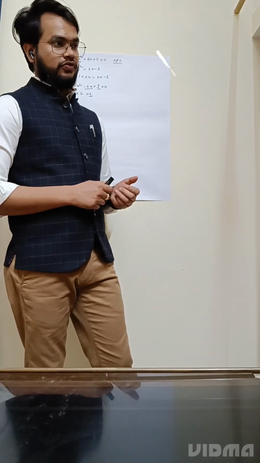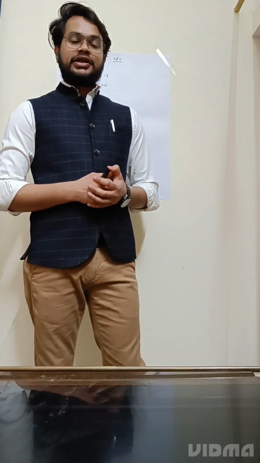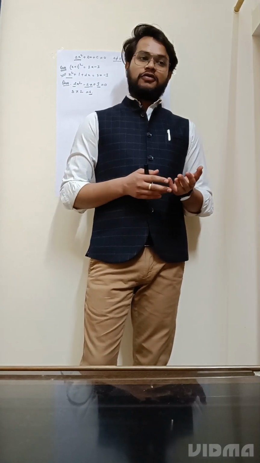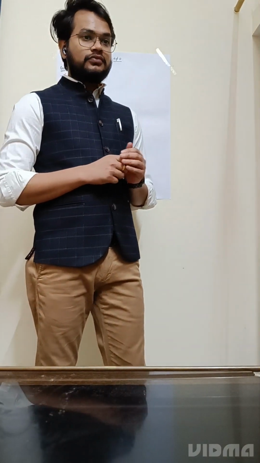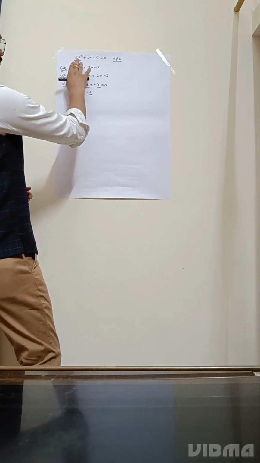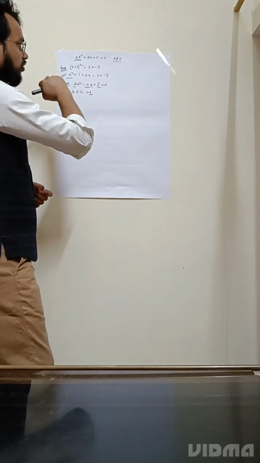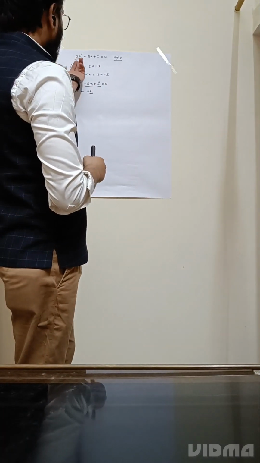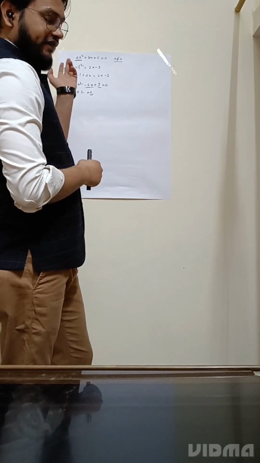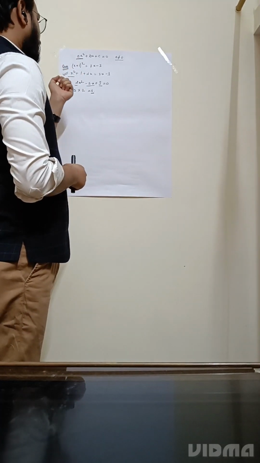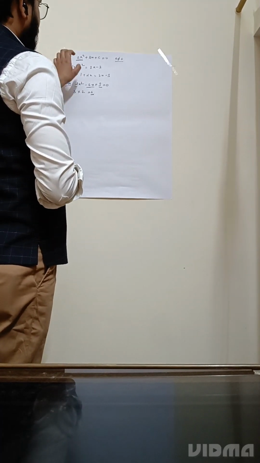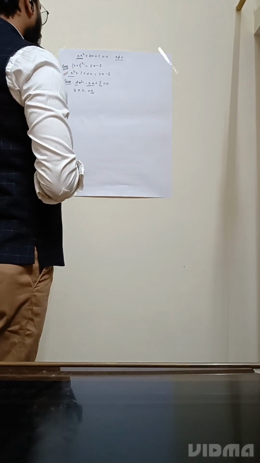Today I am going to discuss a topic, quadratic equation. So what is quadratic equation? Quadratic equation is an expression in x where the highest power of x is 2 and the expression is equated with 0. So its standard form is ax square plus bx plus c equal to 0, where a is a non-zero entity. If a is 0, then the term with x square becomes 0, and the equation is no more quadratic. So it is essential that the term with x square is not 0.